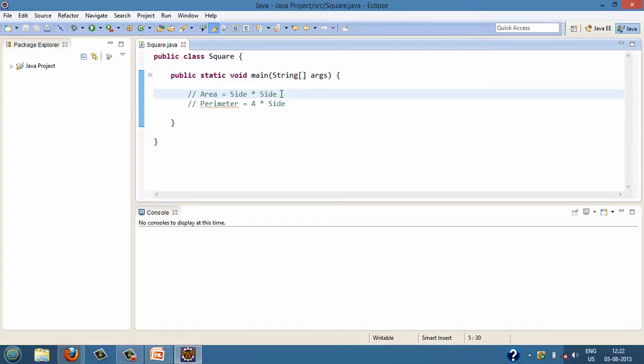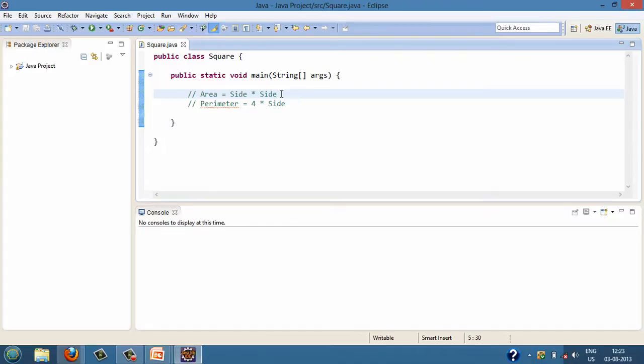Here side corresponds to a particular side of a square, and a square has four sides and all the sides of the square are equal. So whenever we do side into side, we get the area of square, and since the square has four sides, if we add all four sides, or multiply the side by 4, we get the perimeter of a square.